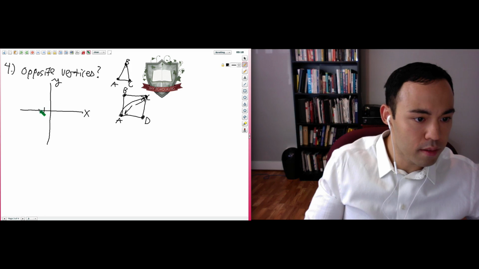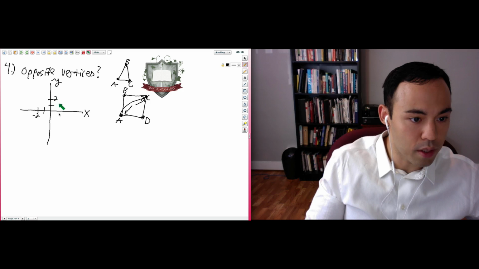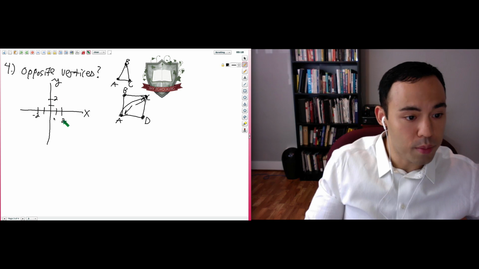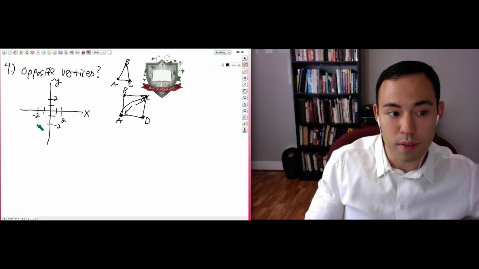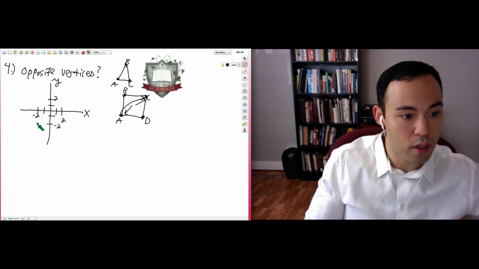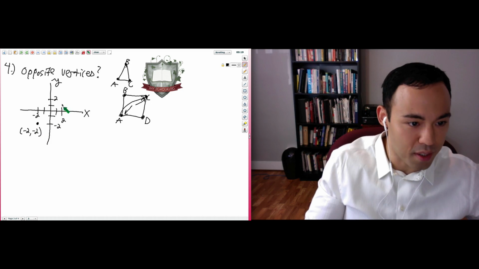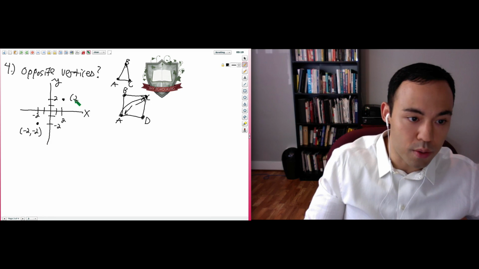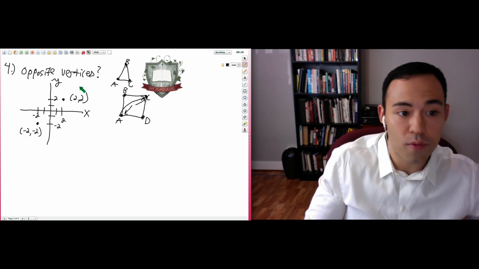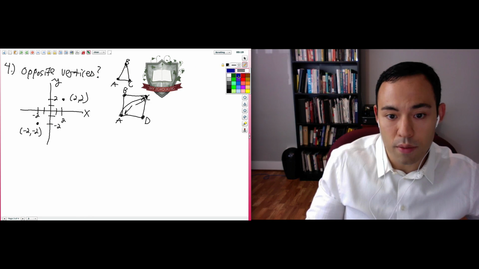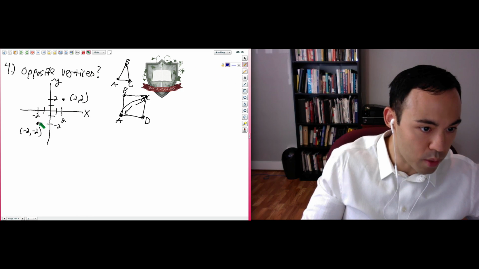And let's go ahead and put in our tick marks. This will be our -2, this will be a +2, and this will be a +2. Here's a -2, and one of the vertices or corners is right there at -2, -2, sorry. And the other one is at +2, +2. So now we can fill in the rest of the shape here. And let me switch colors. Maybe this will make it easier to see. So we're going to fill in our shape